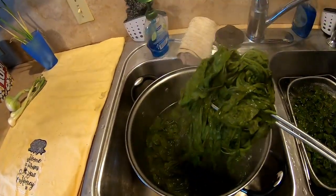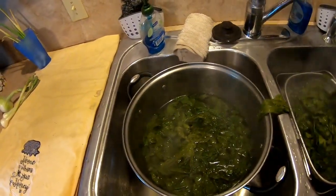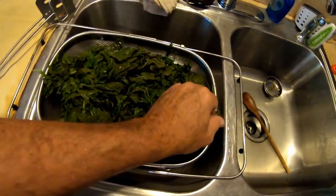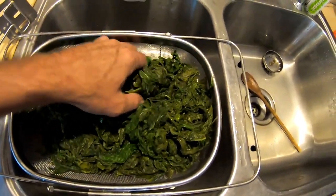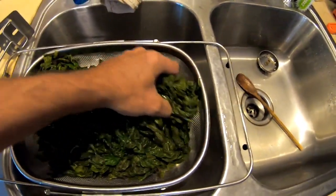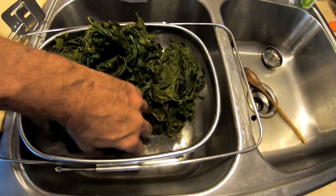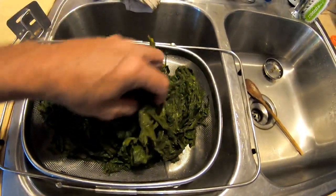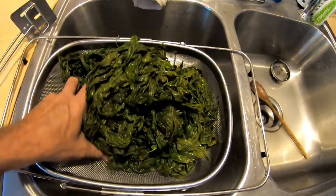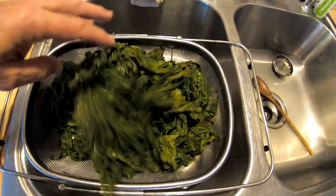I'm doing this because I don't want to introduce any extra heat to the freezer if I don't have to. So I put it in that colander just to make it easier to take it out of that ice bath and drain. It's already contained. I don't have to fish for it, chase it around the sink to get all those leaves. So I just let this drain a little bit, and then I'll put it on some trays, put it in the freezer to pre-freeze,